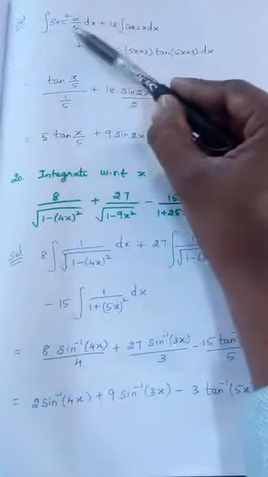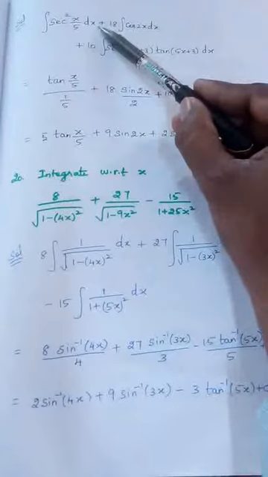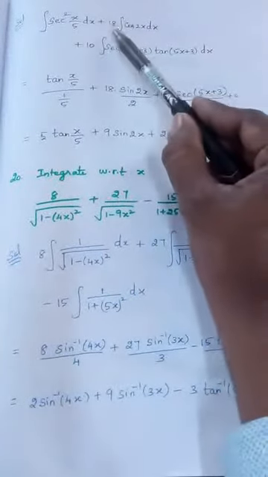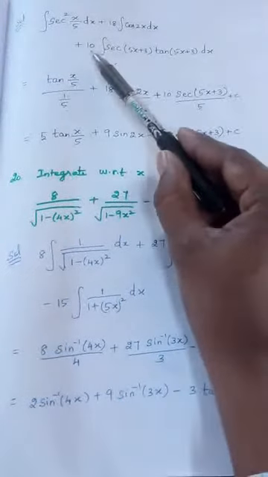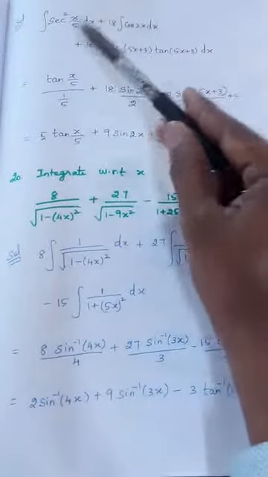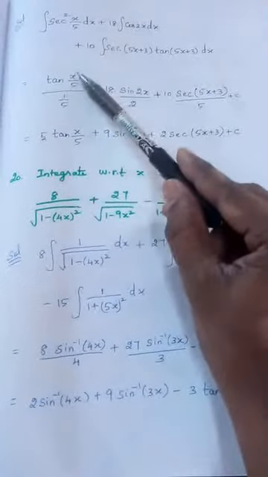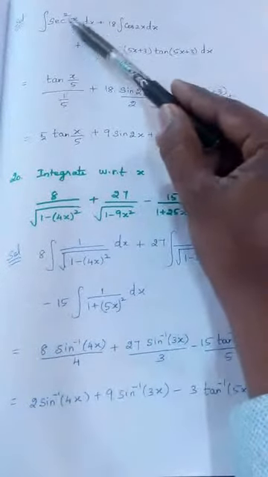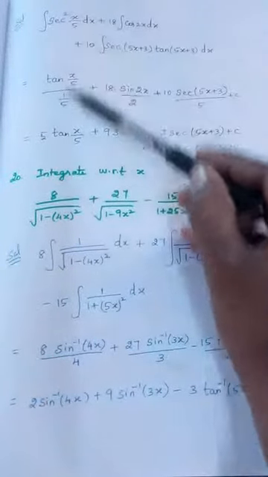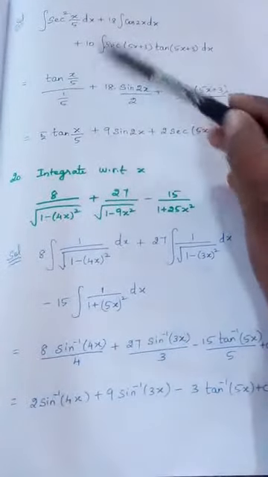First integration for the first term, and we should write dx, which denotes integration is with respect to x. This is for the second term, and this is for the third term. In the second term, 18 is the constant which is taken out, 10 is another constant in the third term which is taken outside the integration. Now if you see integral sec² x dx, the formula is tan x, but in place of x, x/5 is present. So differentiate this once again, 1/5 will come. So 1/5 should be written in the denominator,